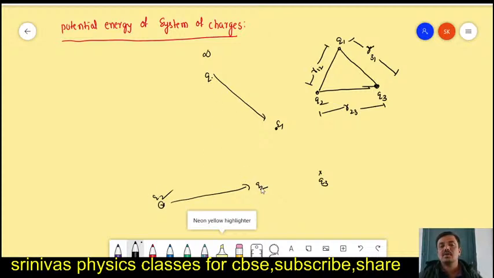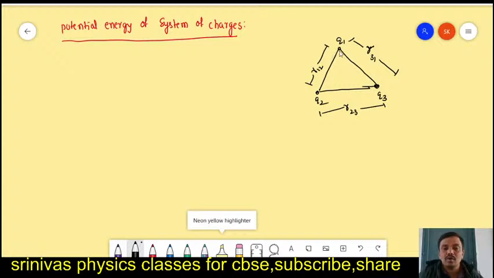Initially Q1, Q2, Q3 are at infinite distance from each other. When they come to a finite distance, we find the potential energy. I will explain it very easily. Q3 charge is already present here. Then for the work done to move Q1, due to the Q3 charge, the potential at the point of Q1 is